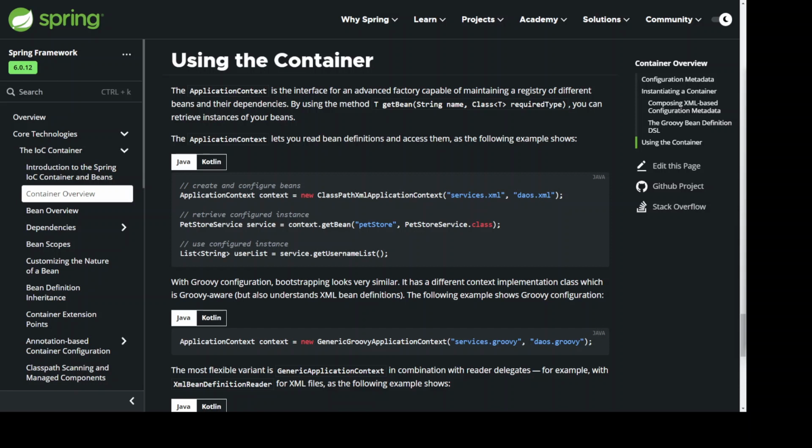With Groovy configuration, bootstrapping looks very similar. It has a different context implementation class, which is Groovy-aware, but also understands XML bean definitions. The following example shows Groovy configuration. ApplicationContext context = new GenericGroovyApplicationContext("services.groovy", "daos.groovy");